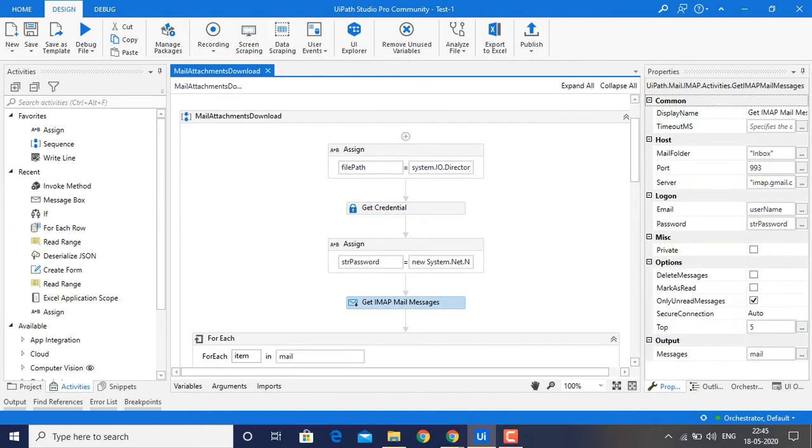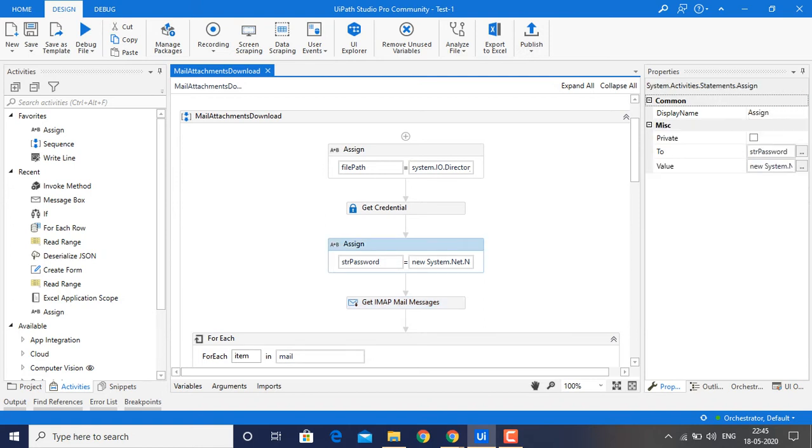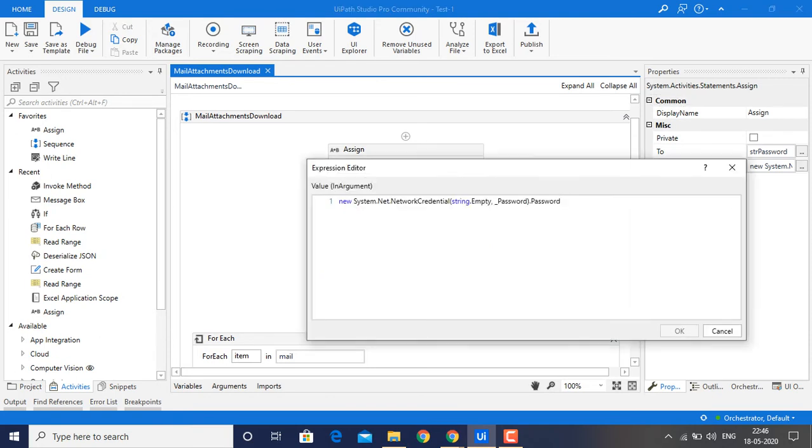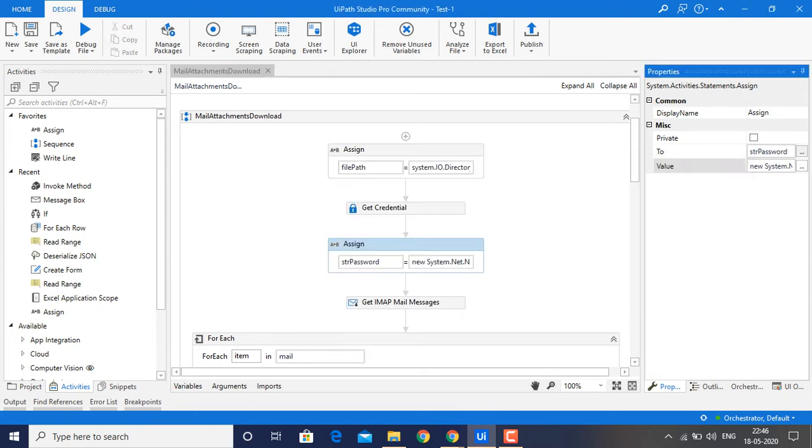While doing Get IMAP Mail Messages, in some cases we are going to get in trouble as the network credential is not accessible. To overcome that, I converted the secure string to a normal string.